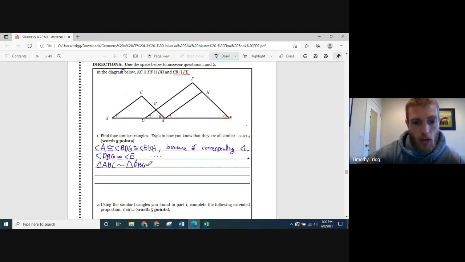You want to make sure that you're correctly putting which angles correspond to which ones. Okay, which is also similar to, what would I name this triangle on the right? This triangle right here. What would I call that? Well, that would be triangle BEH. Hope you can see that. BEH,